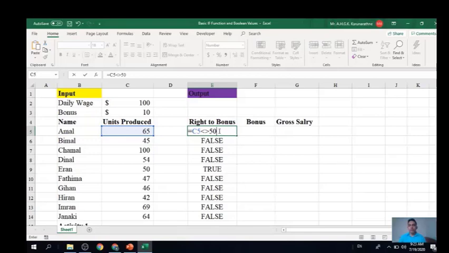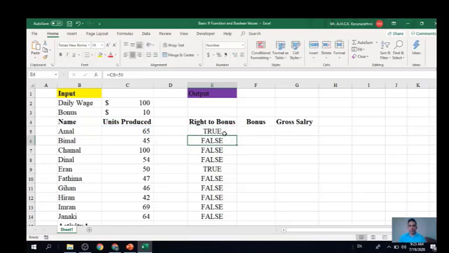This is a part of Boolean operation, right? A not equal to B. Here A is the reference cell number C5, and this is the symbol that is used in Boolean operations. Then this is the value we substitute for B, right?